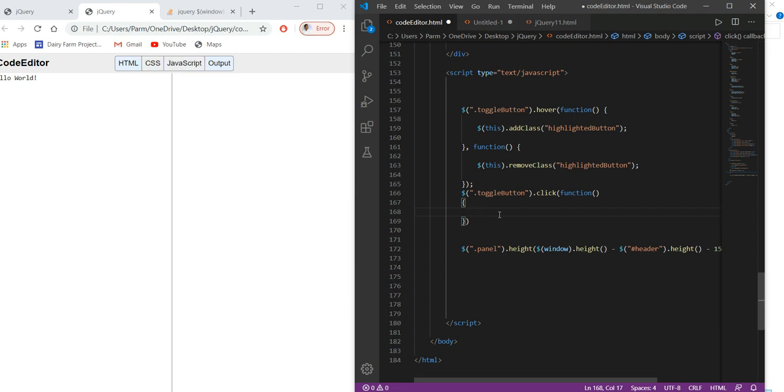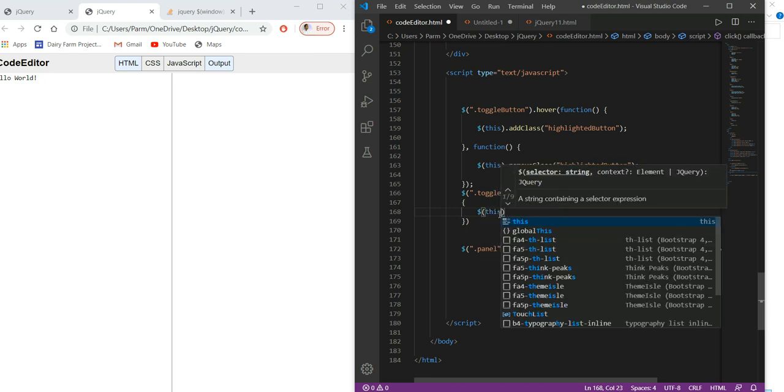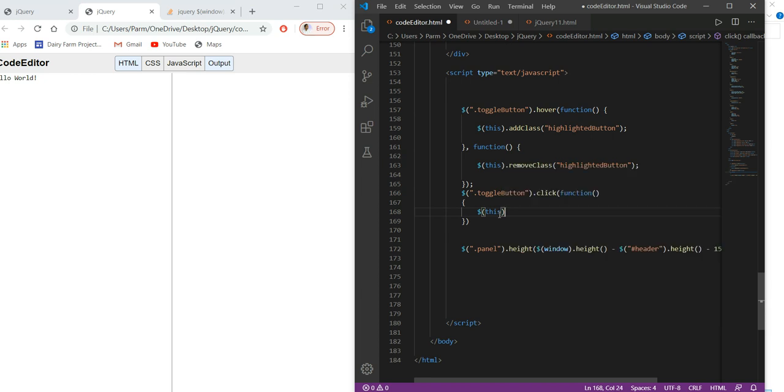So here I will write a line: this, meaning the current toggle element. Then here we have to use toggle class, and we have to make it active, class active.